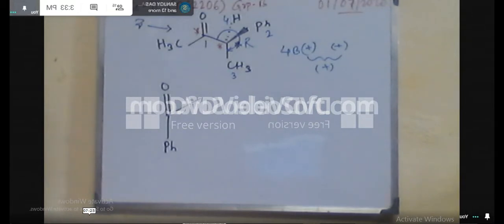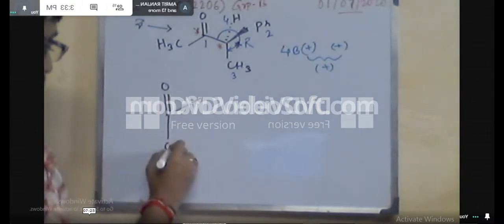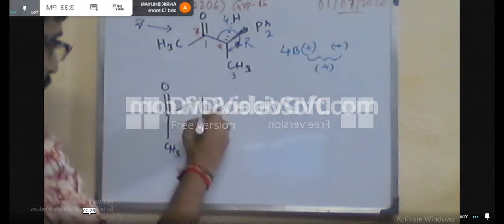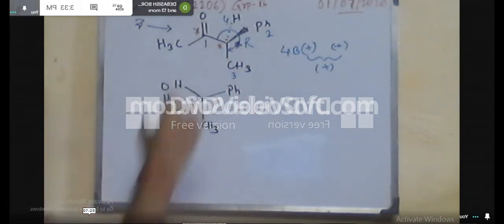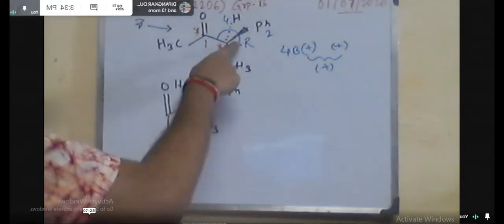Now when you are drawing this bond, we can show it this way. These are 3 bonds here. Now in this case, when you are the viewer, you can easily draw it. That means CH3 here, phenyl is on the right hand side and hydrogen is on the left hand side. Now during drawing of this bond, or putting the substituents at the proper bonds, you have to maintain the configuration. So here you can find the configuration is R. So during this interconversion from flying wedge to Sawhorse, you have to maintain the configuration also.